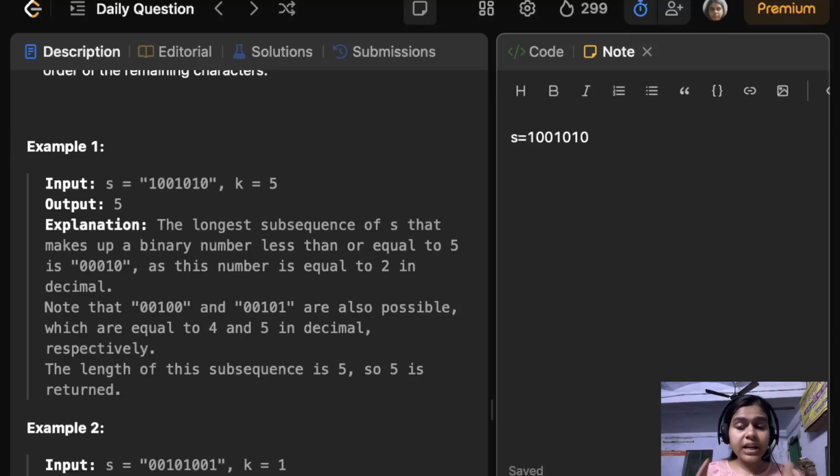Here we can use a greedy strategy where one of the smartest ideas is to always take every 0, because 0 doesn't increase the number's value. Take a 1 only if adding its value doesn't make the number go over k, because we are already limited to less than or equal to k, right?